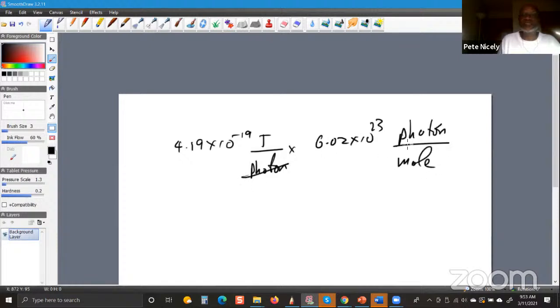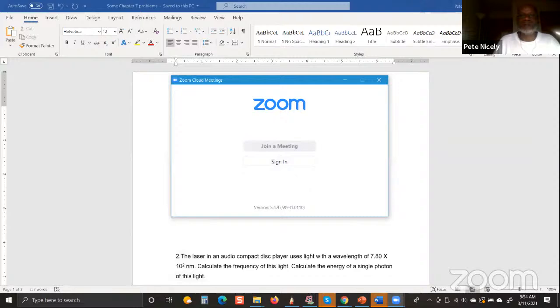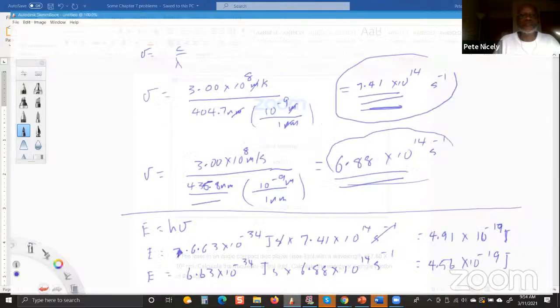So these will cancel out. So let me do this calculation here. 4.19 times 10 to the minus 19 multiplied by 6.02 times 10 to the 23. And according to my calculation, this works out to be, when rounded off to 3 sig figs, 2.52 times 10 to the 5 joules per mole. And basically, you do the same thing for the other frequency,